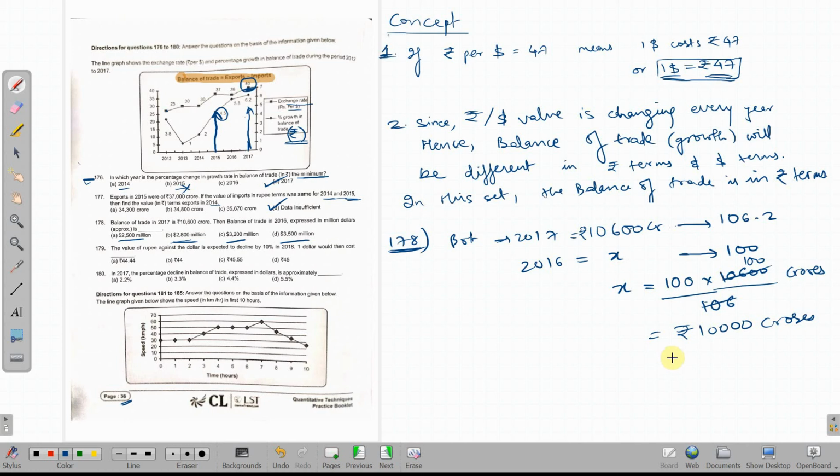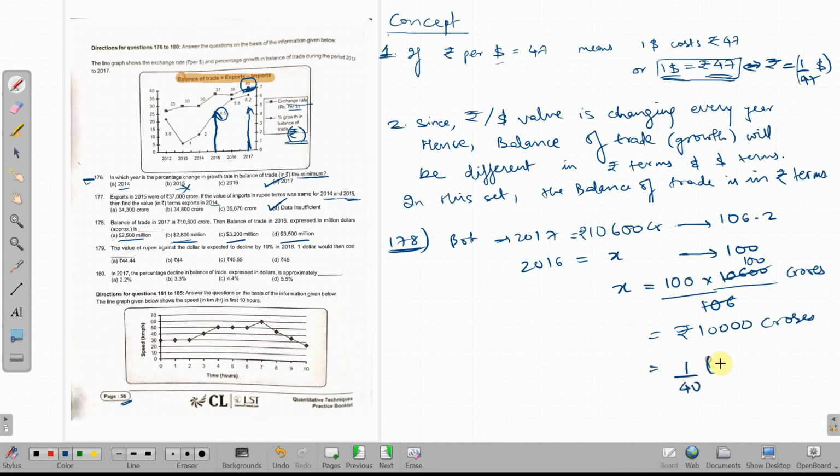So डॉलर में कन्वर्ट करना है, तो रुपीस को डॉलर में कन्वर्ट करना है तो you'll simply have to divide by 1 rupee is how much, 1 rupee is how many dollars, 1 by 47. Okay, so here you also need to understand one thing. If I know the rupee डॉलर का वैल्यू इन रुपीज, रुपी का वैल्यू इन डॉलर क्या होगा, तो रुपी इज इक्वल टू 1/47 जैसे इस केस में, ठीक है, 1/47 डॉलर्स. यहाँ पे सेम चीज़ 40 रुपीज़ इज़ $1. सो बेसिकली रुपीज़ को अगर डॉलर में कन्वर्ट करना है तो आई हैव टू डिवाइड बाय 40.